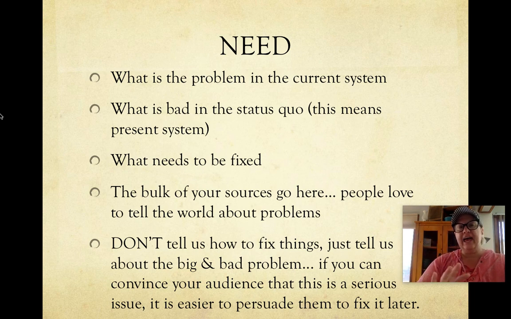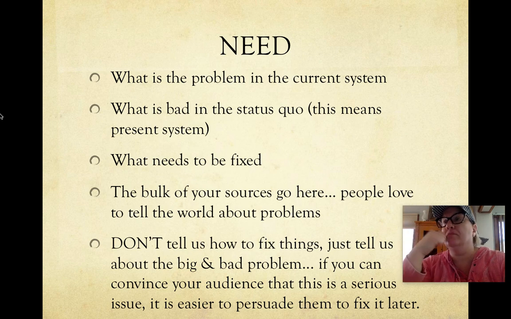In your need step, this is where the information goes. This is where the bulk of your sources go. This is where your investigative research goes. Okay? People really like psychologically to talk about problems, to talk about things that are negative. I don't know why. That's how we are, most of us.